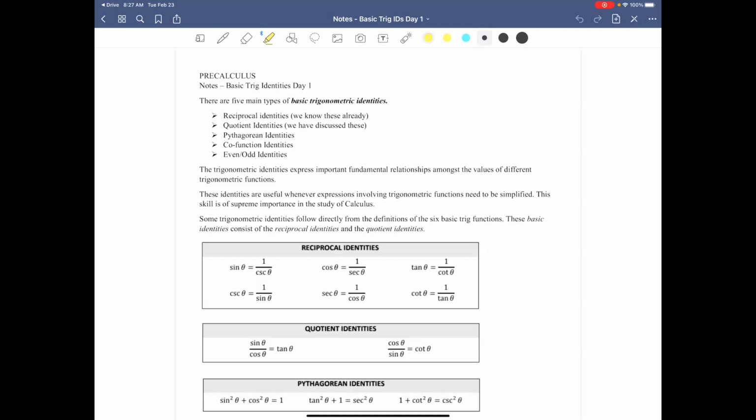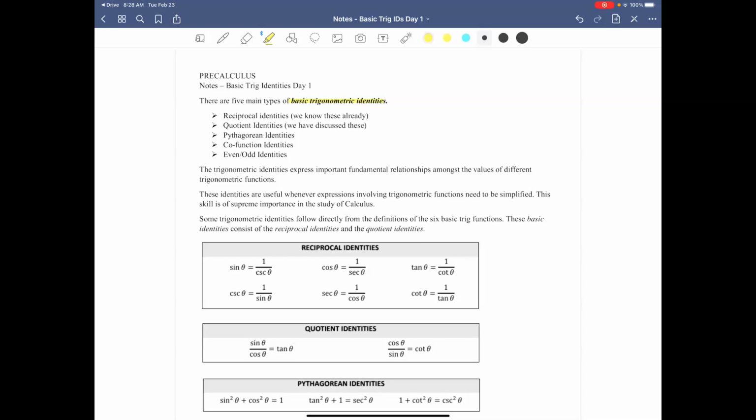In today's lesson, we're going to begin discussing what are called trigonometric identities. There are 5 main types of basic trigonometric identities, or trig identities. The reciprocal identities, which we have already seen when talking about graphing trig functions and the unit circle. Quotient identities that we have sort of discussed briefly in our class so far, and then the Pythagorean identities, which